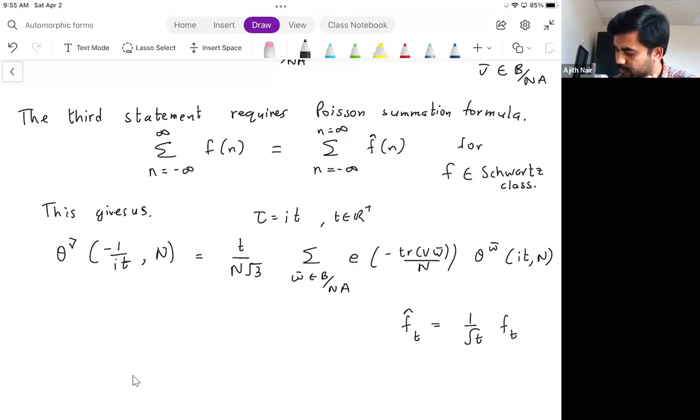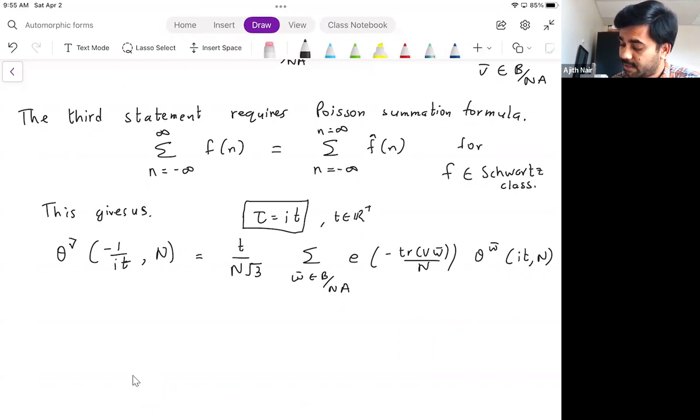I'm not being precise here, but this allows us to get this particular claim. Here tau was only on the imaginary line, but then once you have this property on the imaginary line,